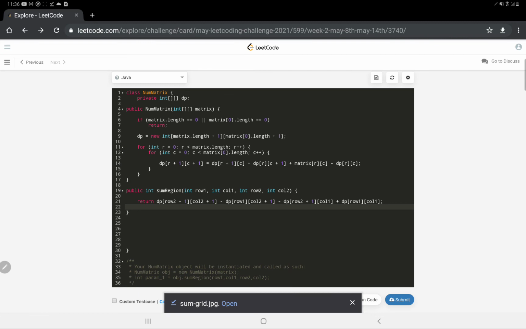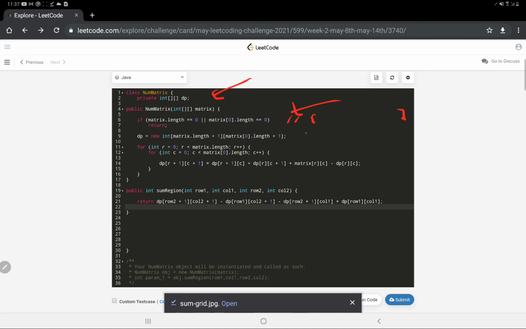Yeah, so here I have written the code. I have taken one dp matrix where I will be calculating the cumulative sum, and here I have put a check. There is no need for this check because, as I have told, they don't matter, but still it's good practice if you put it as well. But if you really know the constraints, then this check won't be necessary at all, because it's given that the matrix size would be at least 1.